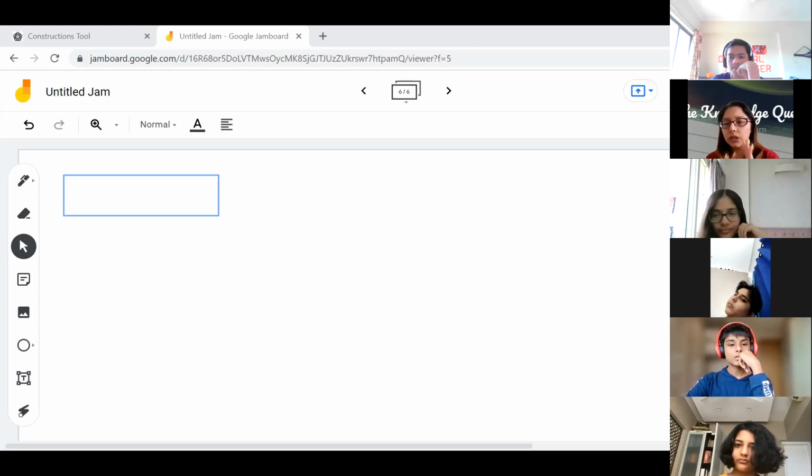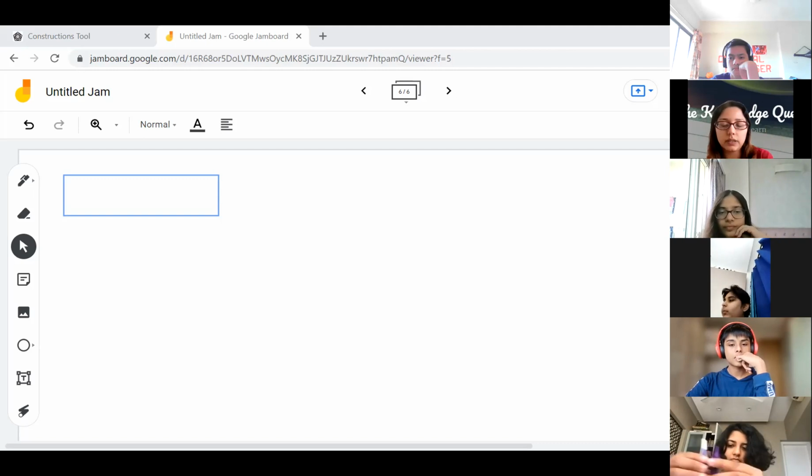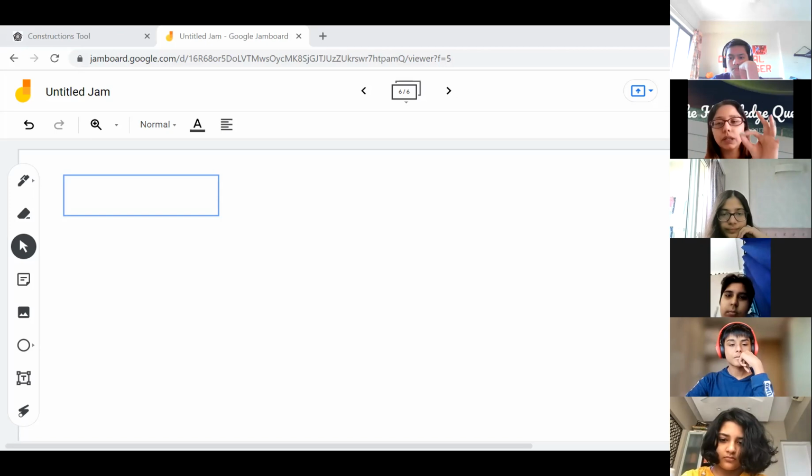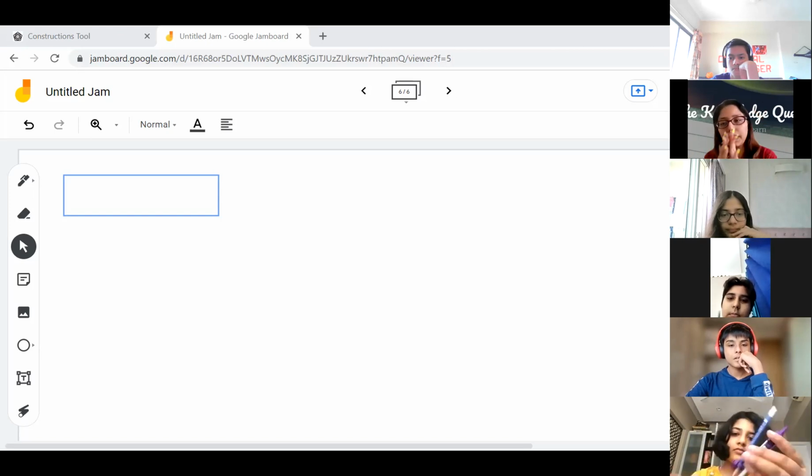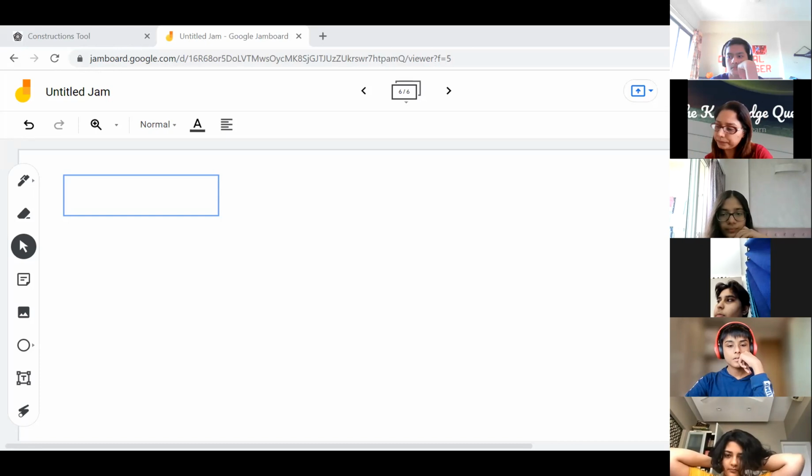Is that clear? So quadrilaterals can be anything, right? It doesn't have to be a particular shape. मतलब कुछ shapes को हमने नाम दिया है, but a quadrilateral is anything which has four sides. So anything which has four sides, that is one we are going to learn how to construct in this chapter. And second, we are going to learn particularly how to construct a rectangle and rhombus. So basically three things that we have to learn, right? So our first thing is, how do we construct?